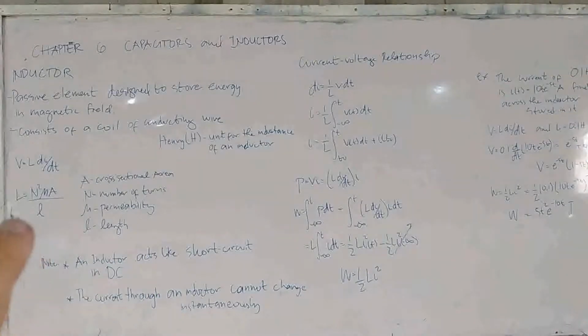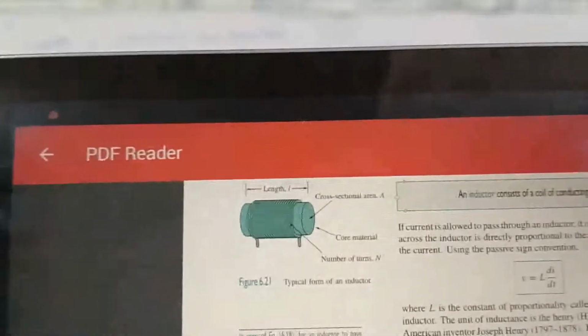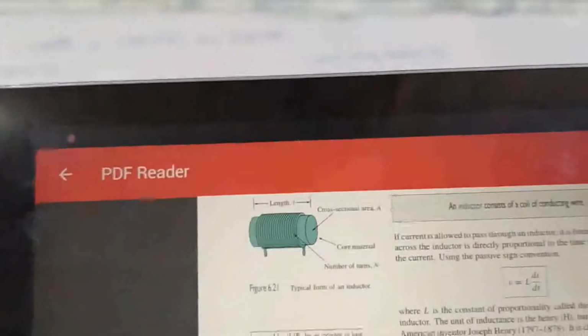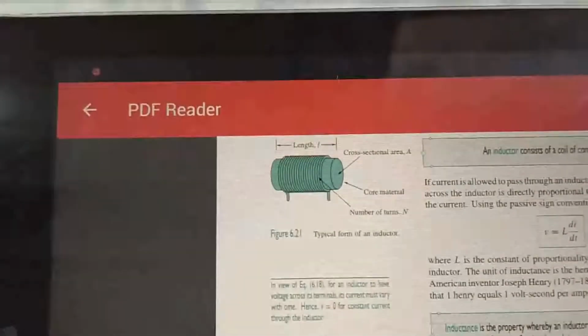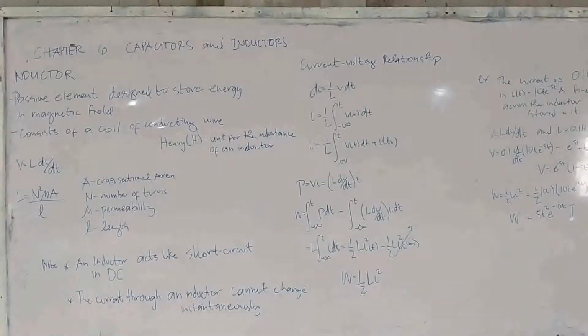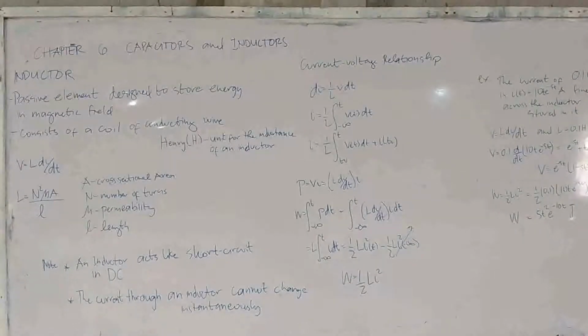And we have this formula. If you want to get the inductance of a certain coil, all you have to do is measure the length, the cross-sectional area, and also the number of turns, how many times it turns. So, note also that a capacitor is an open circuit,